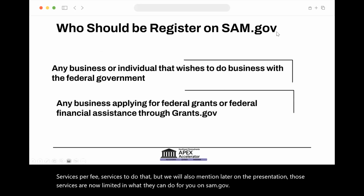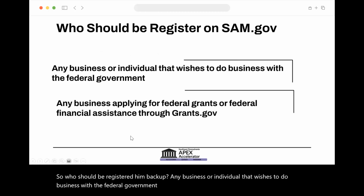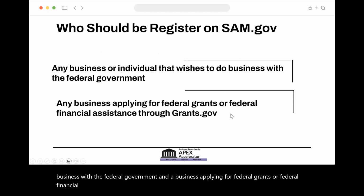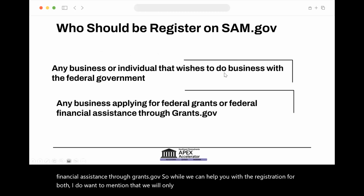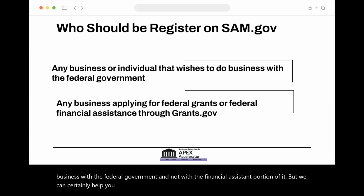So who should be registered on SAM.gov? Any business or individual that wishes to do business with the federal government. Any business applying for federal grants or federal financial assistance through grants.gov. So while we can help you with the registration for both, I do want to mention that we will only be able to assist you with the aspect of doing business with the federal government and not with the financial assistance portion of it. But we can certainly help you with the registration process,